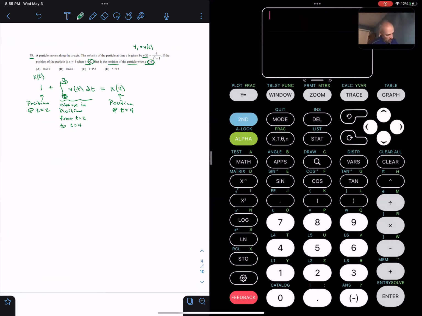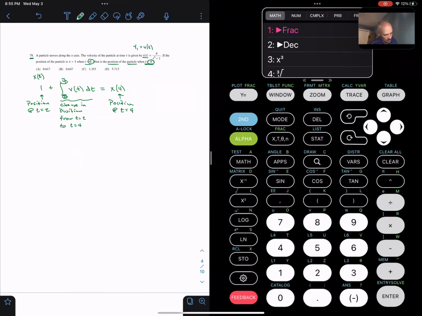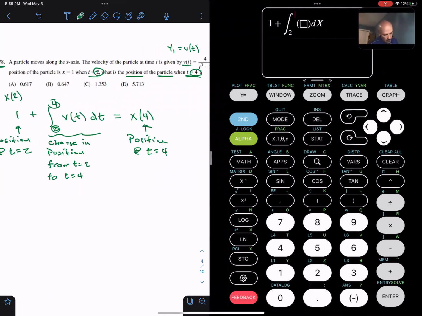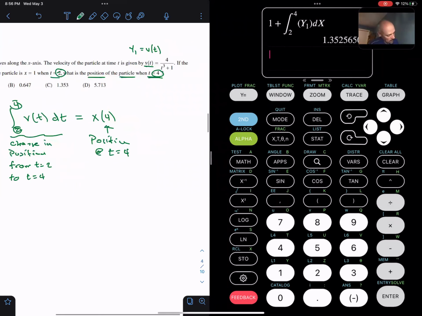Don't want to forget the 1. Pretty common mistake that students of lesser caliber than you guys might make. So 1 plus the definite integral, math 9, lower bound 2, upper bound 4. V of t is in my calculator as y1, dx, say a little prayer, and I got my position is